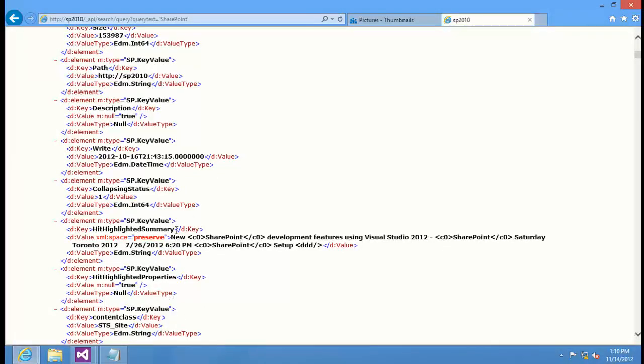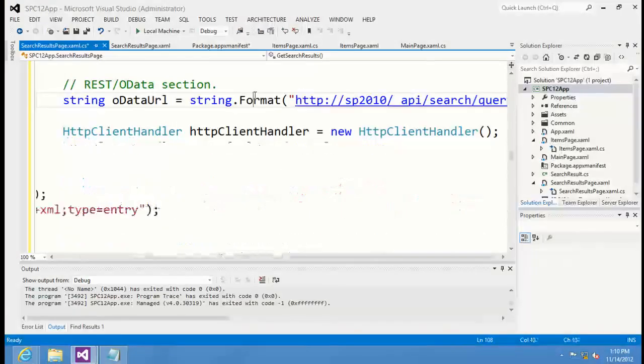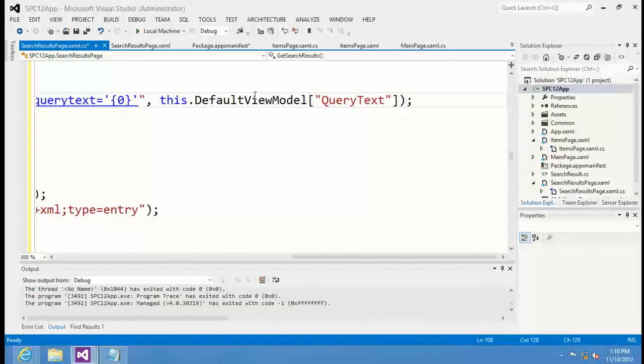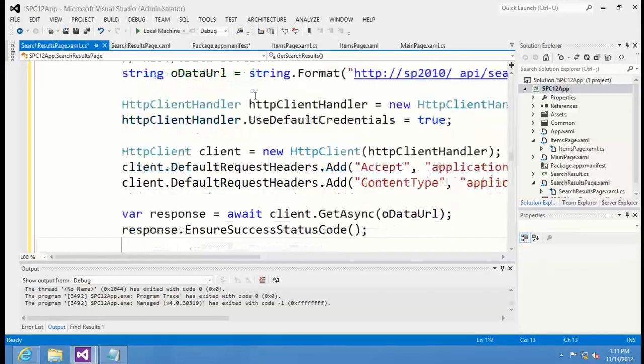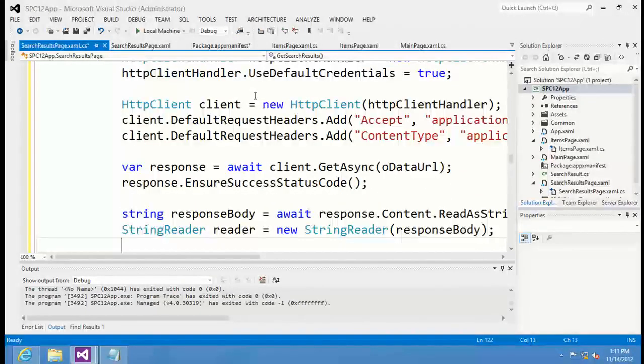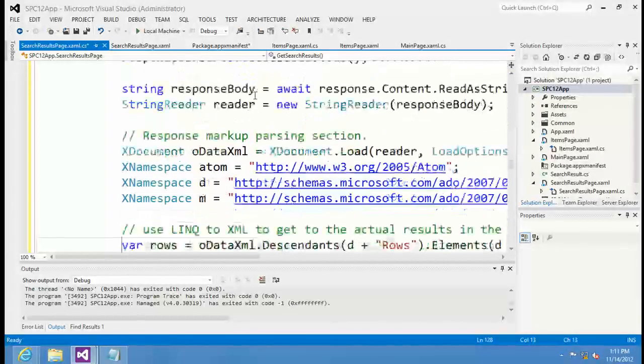We take this same URL and we put it in the same format, and it comes across to what the user searched to us for in this default view model query text. So that's where it gets the data from. We just append it to the URL, and then we do the same thing. So it has the same HTTP client. We do the same client handler, same authentication, all the same as we did on the last. We ensured that the results came back successfully,